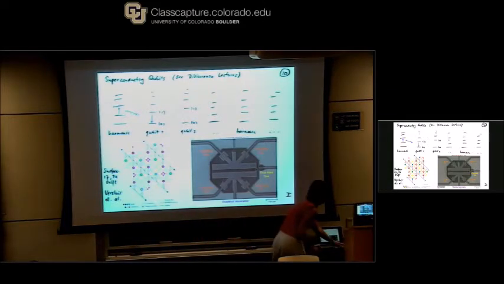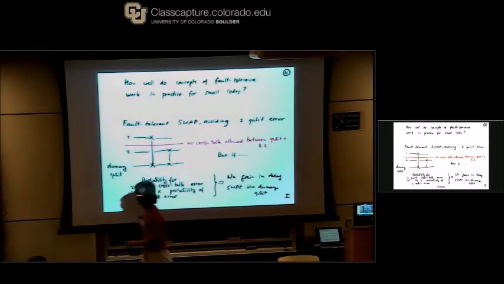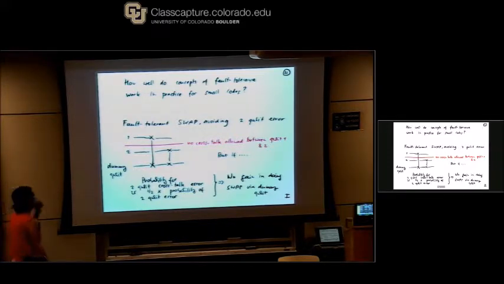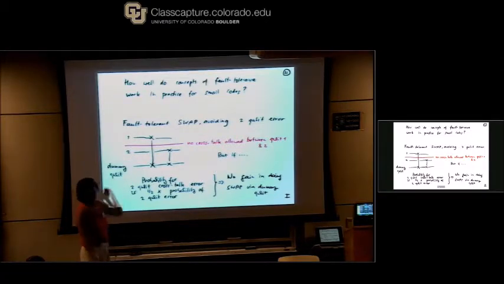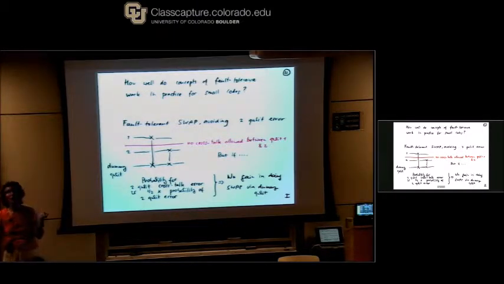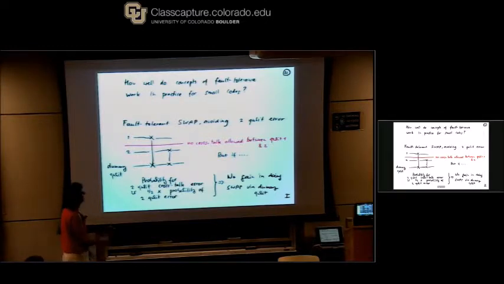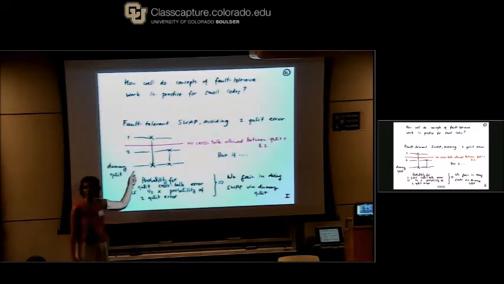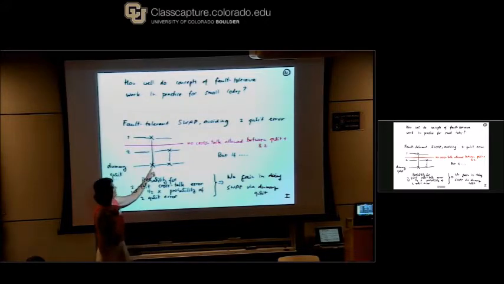And then maybe I have another comment about this. So that is the question: how well does the concept of fault tolerance work in practice for a small code if you have crosstalk? And here is a very small example of this, where you say, let's say I want to swap qubit 1 and 2. Of course, I can do this swap via 3 CNOT gates. The problem is that if one of these gates fails, I'll have some error on both qubits. I can do something more clever, in principle, by saying, well, I have a dummy qubit whose state I don't care about. So I first swap this one with that one, and then I swap this qubit with that qubit, and effectively, I can swap